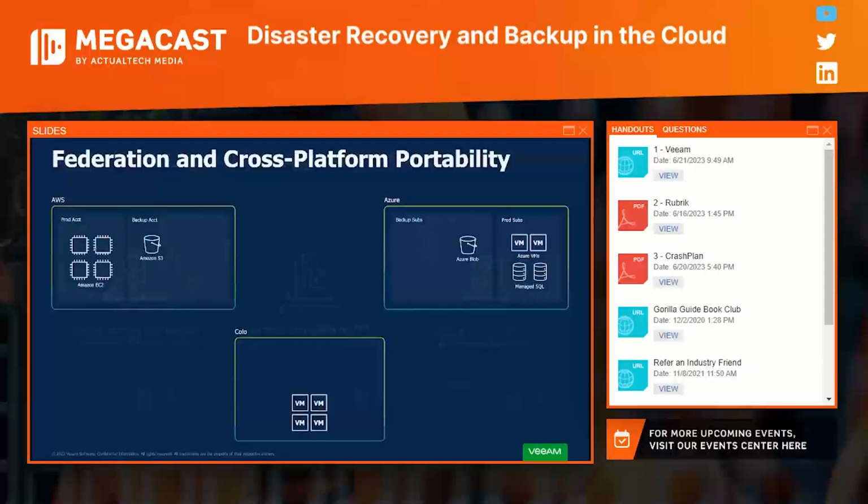And then the next stage that they went through was ultimately the federation of all of these different environments with cross-platform portability. So where does Veeam come into play here? We've got the main Veeam Backup and Replication server actually living in Azure. We've got some VBR workers living at the co-location, and then we have our cloud-native appliances deployed in each cloud. So we've got Veeam Backup for AWS, in AWS, Azure, in Azure, of course. And all of these are connected with one another to give that single interface, that one throat to choke, but with purpose-built backup and recovery.